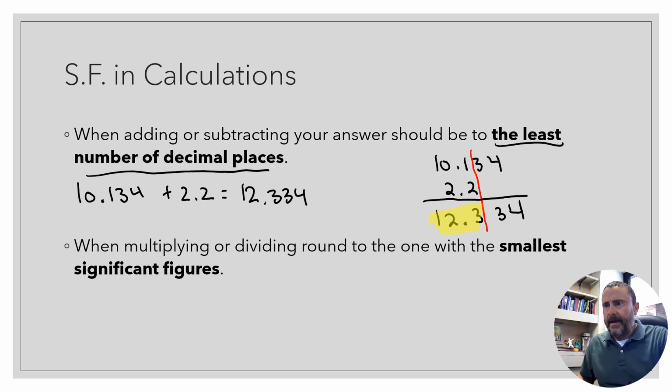When we multiply or divide something, we have to report our answer to the one with the smallest number of significant figures. What I mean by that is we're going to look at